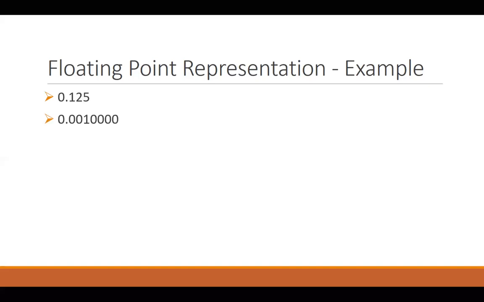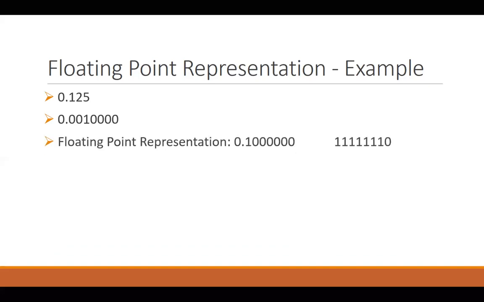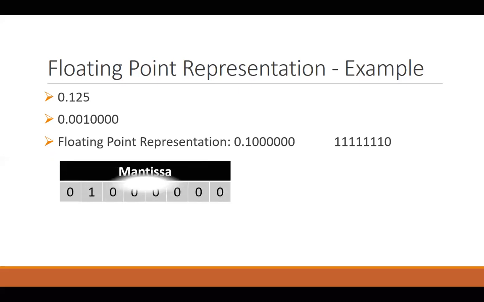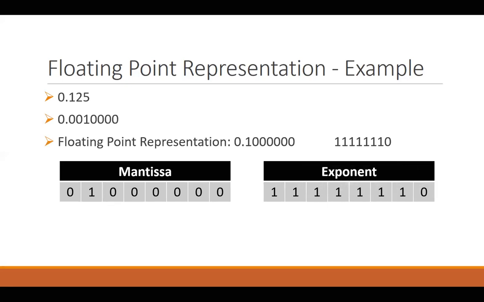Now when I'm going to make it into floating point representation, see what happens. This time, rather than going to the left, I have actually moved the binary point to the right, and my mantissa and my exponent are in a quite different form. Let me try and show you how. So this was my decimal point. I moved it 2 places to the right.